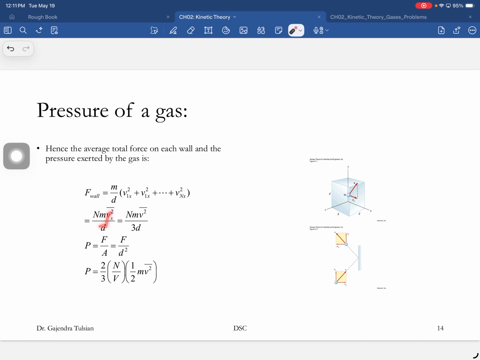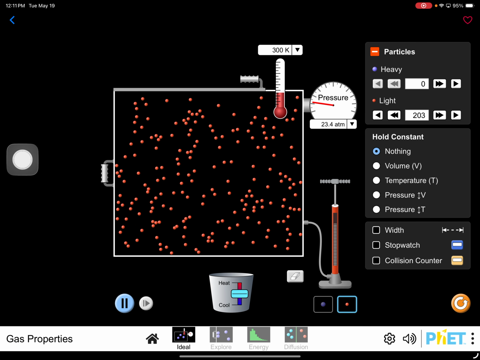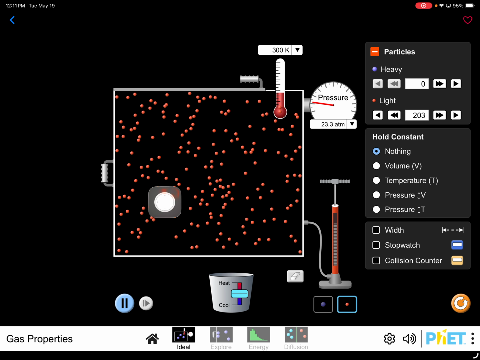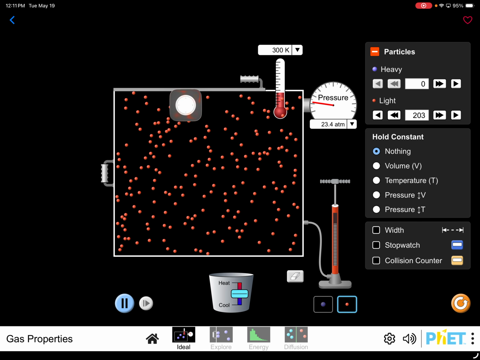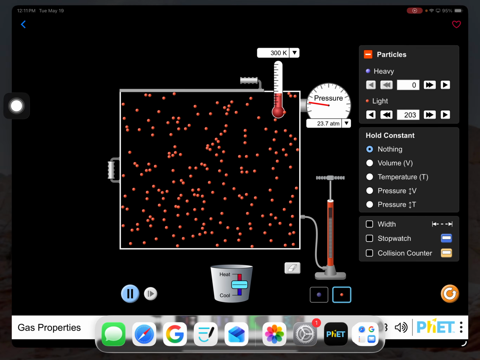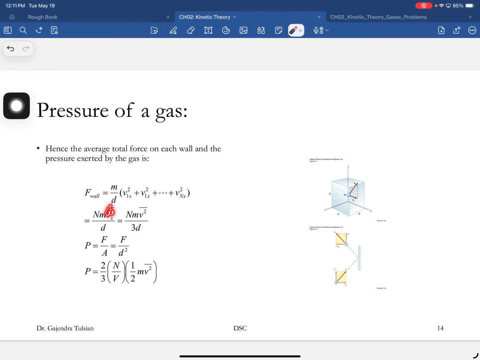Now this is the kind of assumption that goes in. Here you can only see two dimensions, but does the gas prefer any direction: x, y, z? No. So the average of v_x squared in any direction is just one third of v squared. So the force on this wall is N m v squared, the bar telling you average, one third of that, divided by d.